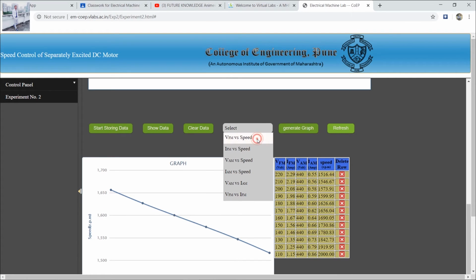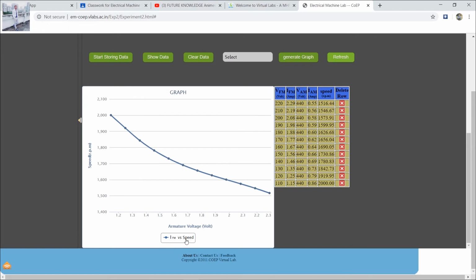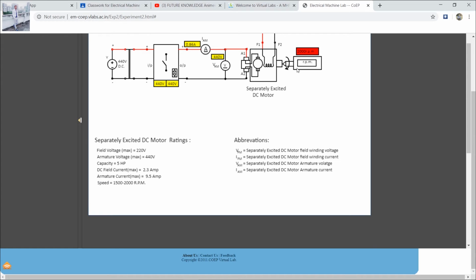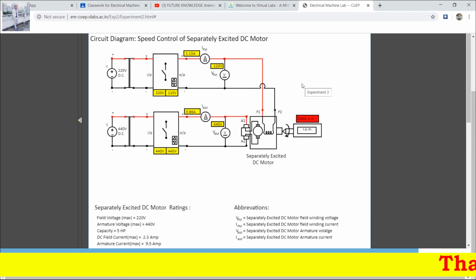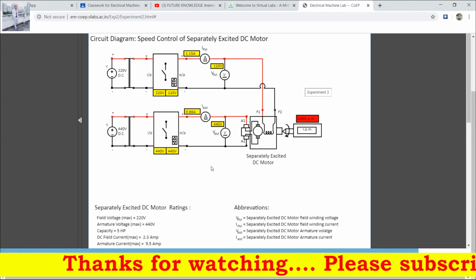Now I will show you the IFM versus speed graph. You can see the graph IFM versus speed. So friends, you see how to control the speed of a separately excited DC motor by controlling the field current. Now I will tell you how to control the speed of a separately excited DC motor by controlling the